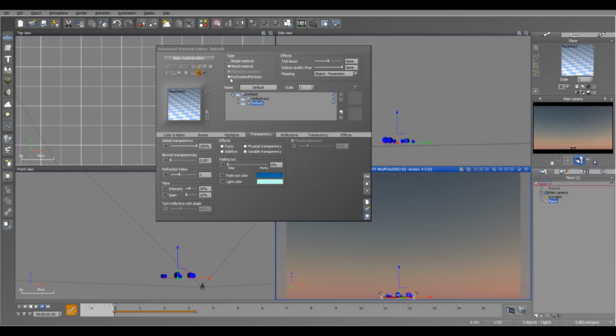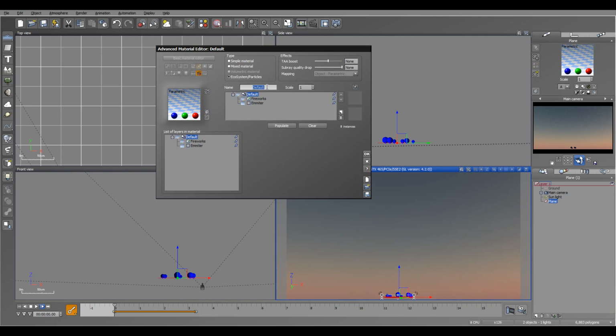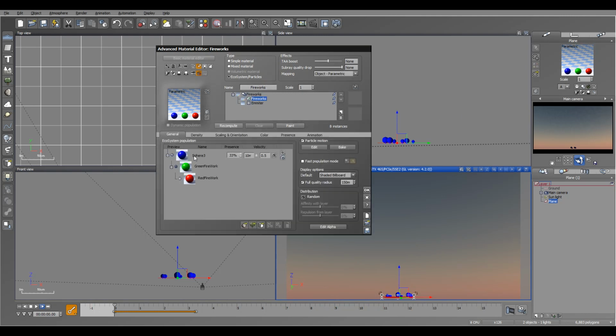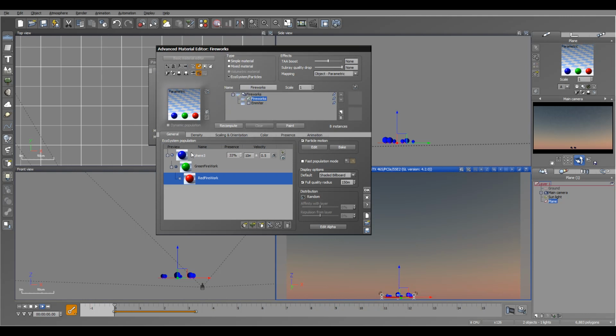Okay, let's go back to beginning. Let's remove this emitter. We rename this fireworks and fireworks overall. So on this case, when we save material, we'll just save all object with fireworks. How I say, we can save all of these emitters. However, you cannot save parent. If you save parent, it does not want to save all other ones. You want to save